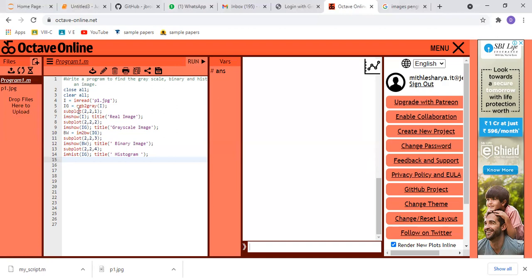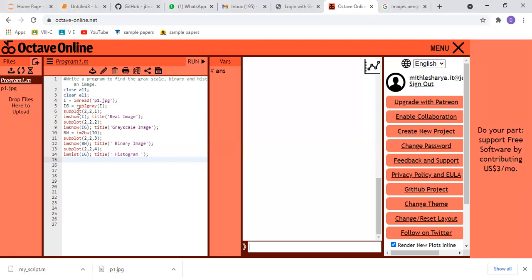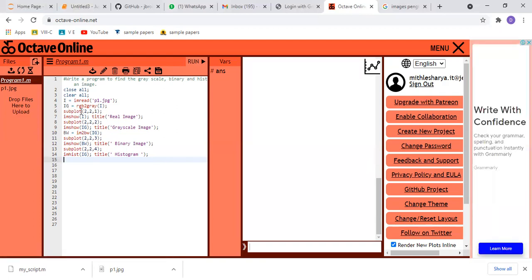Next, there is a function subplot. With the help of subplot, we can show multiple images at a time. Suppose I write 2, 2, 1. So I draw a plot in which 2 rows and 2 columns are there, and on the first location I am printing the image in the first block, using imshow(I). I is basically my RGB image. So subplot is used to plot many images at a time. You can see 2 rows and 2 columns are there.